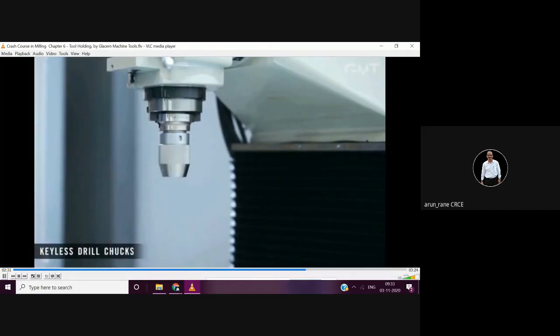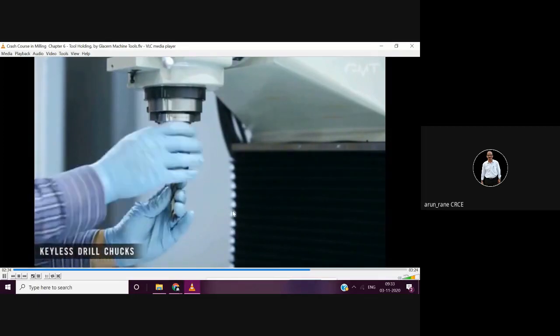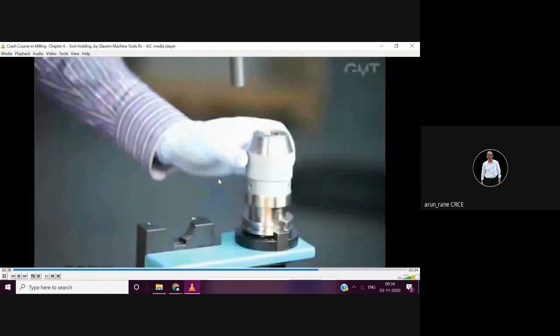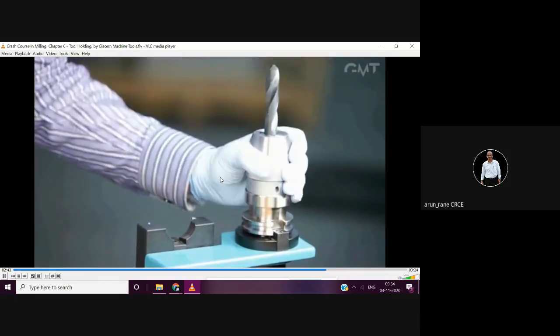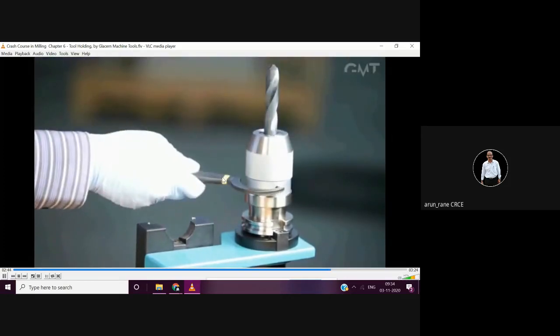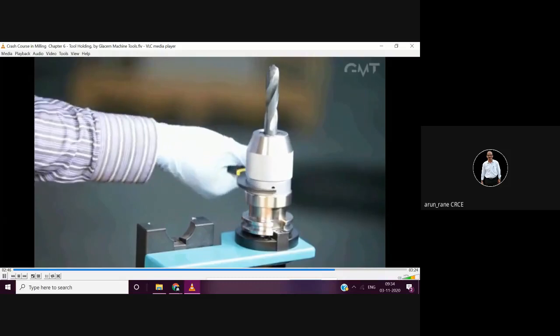Drill chucks are very convenient for holding drills. These are called keyless drill chucks, so you are just clamping with the hand. A keyless drill chuck allows faster, rapid changes. You don't have to look for the key or the spanner. The key wrench can be used for extra gripping, and if you want additional torque when necessary, you can use this spanner.